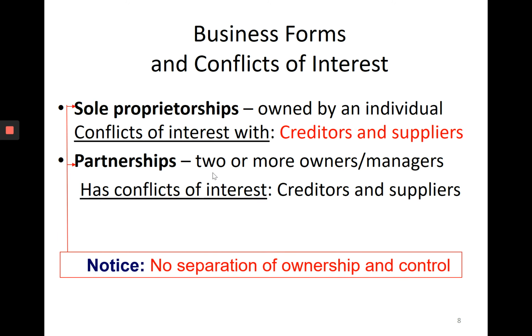This separation of ownership and control is quite important. It happens in a public corporation because owners or stockholders have dispersed ownership, small shares of stock, and they don't run the corporation. They hire professional managers who run the corporation but are not owners. And so people who run the corporation can take advantage of owners, and this becomes a conflict of interest, which we study in finance.